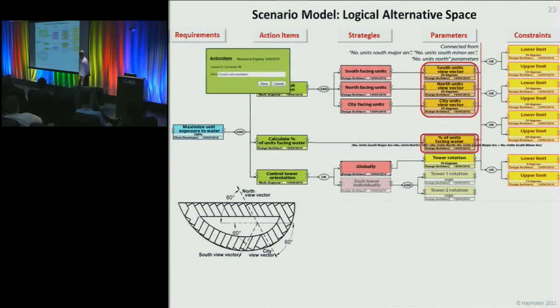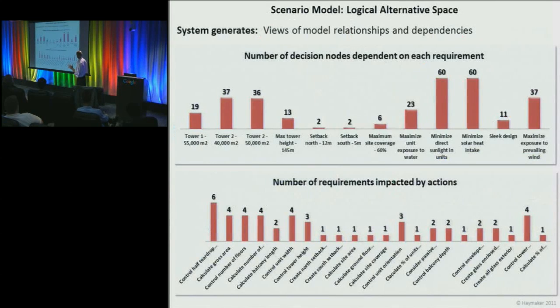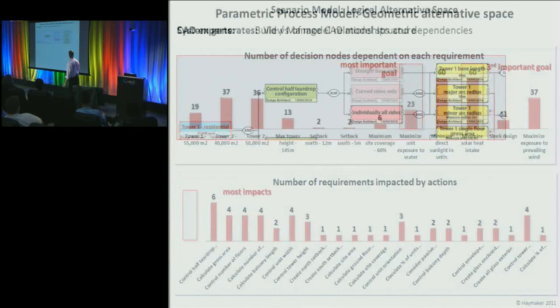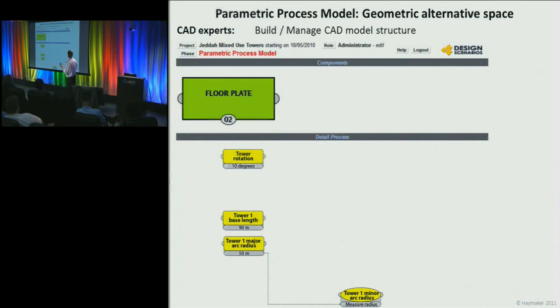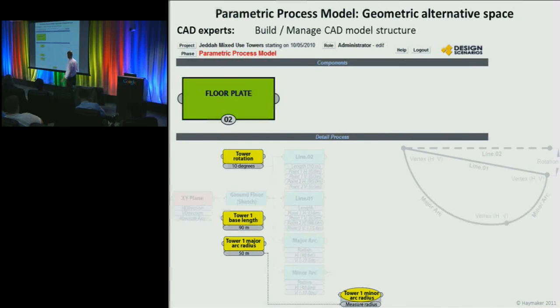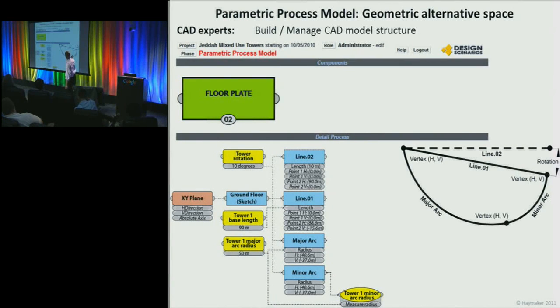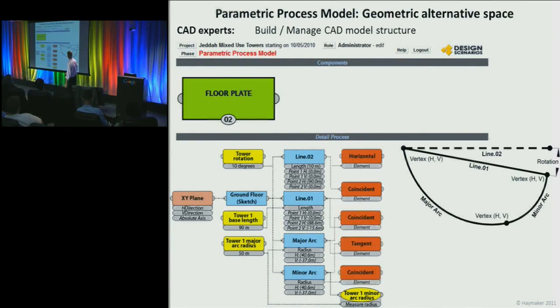We then take those parameters, and one thing that we get that's very interesting right there is we start to really already understand which ones of these decision goals are impacted by which ones of these parameters. So we can start to understand how our parameter is going to be impacting our objectives right there. And the next step is then to take those parameters and build a parametric model. So we'll take some of those parameters and group them into perhaps the floor plate of the building, and then describe the geometry that will actually fit around those parameters and help us actually create geometry for it and